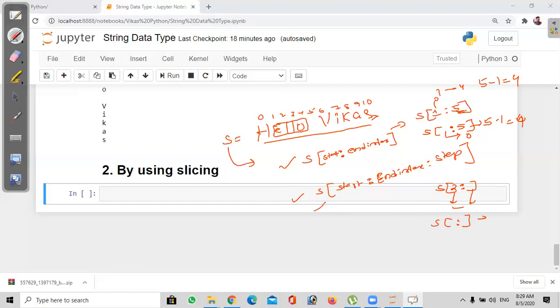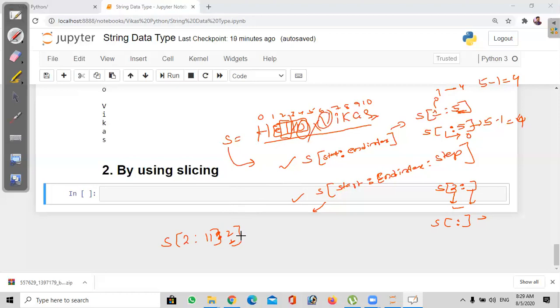When you come to the step value, I have given colon, colon, and the step value I have given is 2. The default step value is 1. Default step value means there is no step difference between each character. So if I take 2 as the step value, where does it start? From L it starts, it leaves one L, it prints O, it leaves the white space character, then prints.